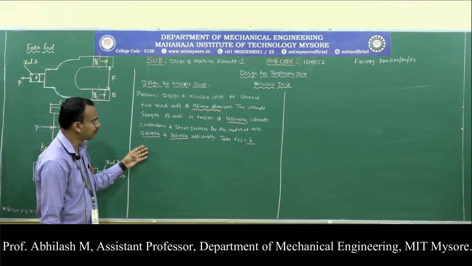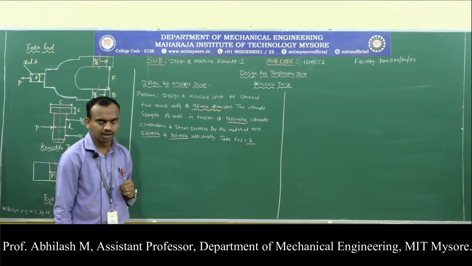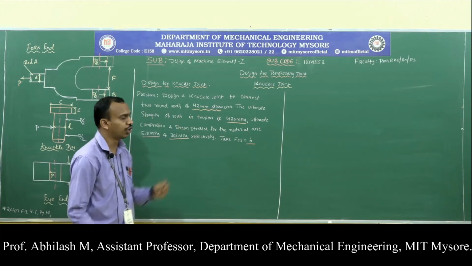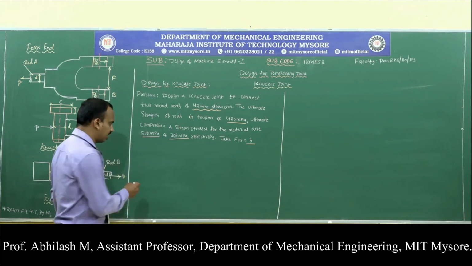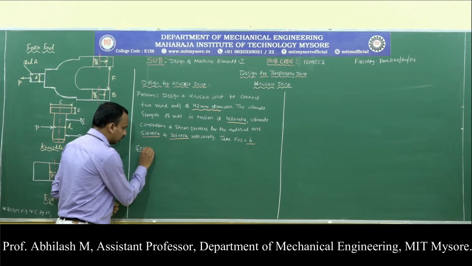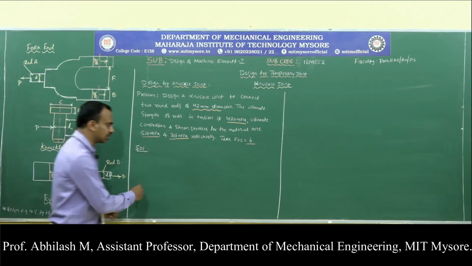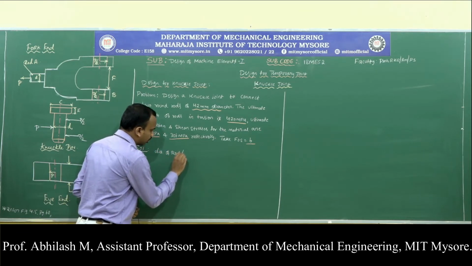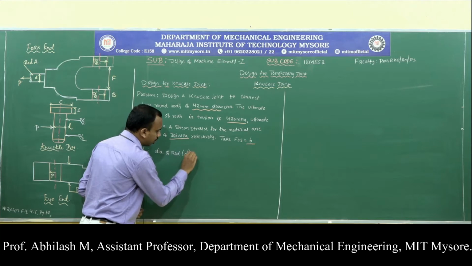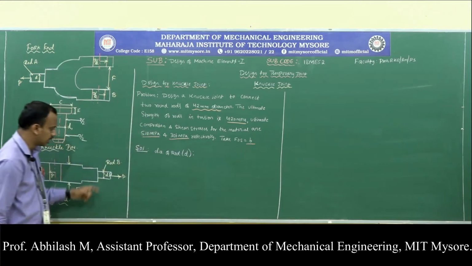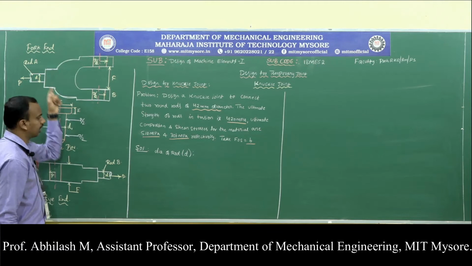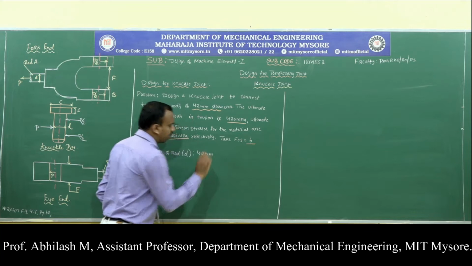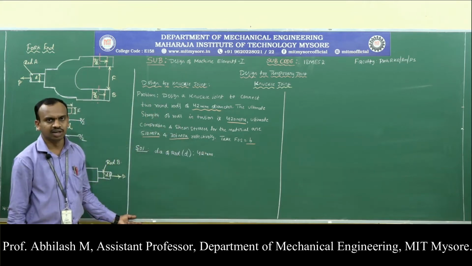So coming to the problem, we are supposed to design a knuckle joint. We know we have three different parts to design, to connect two round rods of 42 millimeter diameter. So they have given the rod diameter. Coming to the solution, let us list down the data. They have given the diameter of the rod, which we are going to denote by the letter D. So they have given the rod end diameter. How much is the rod end diameter? It is 42 millimeter.